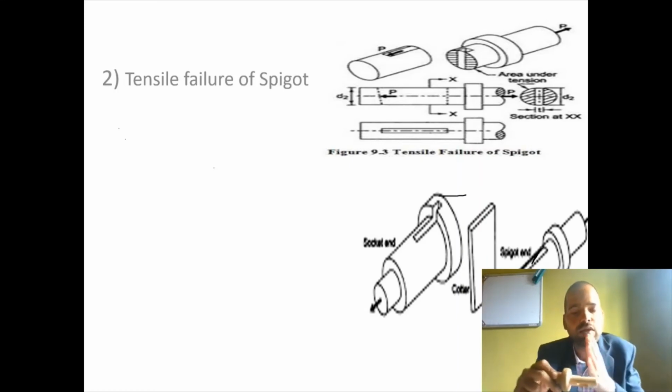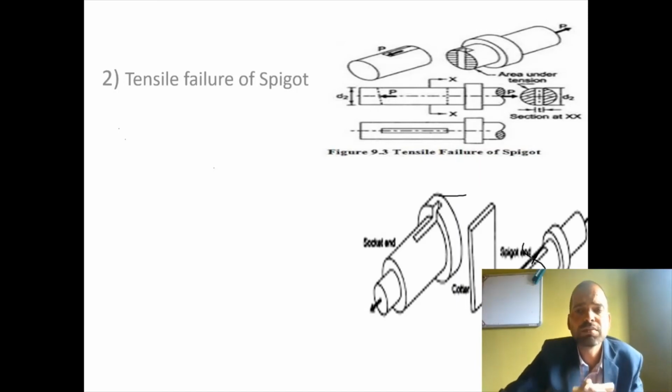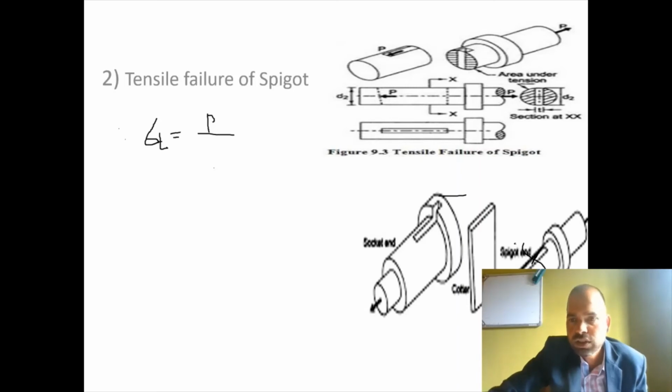Due to tensile load, again this rod will be subjected to tensile stress, and it will break from this portion. As the load applied is tensile load, the failure at that portion will be tensile failure. Now what is the cross section at this point, which is the weaker section? At the slot, the area is reduced and chances of failure are more, hence that particular portion will be subjected to tensile failure. At that point, a central slot is available.